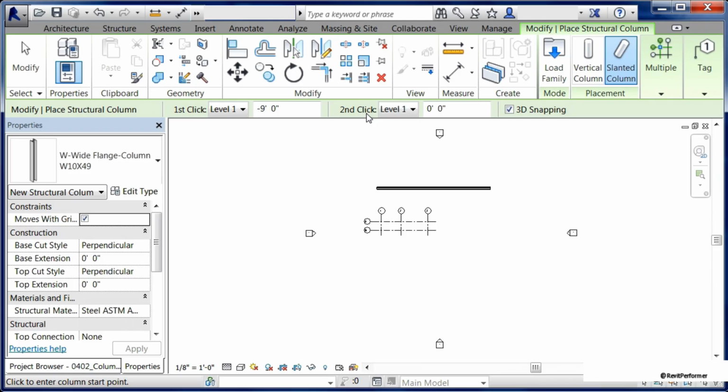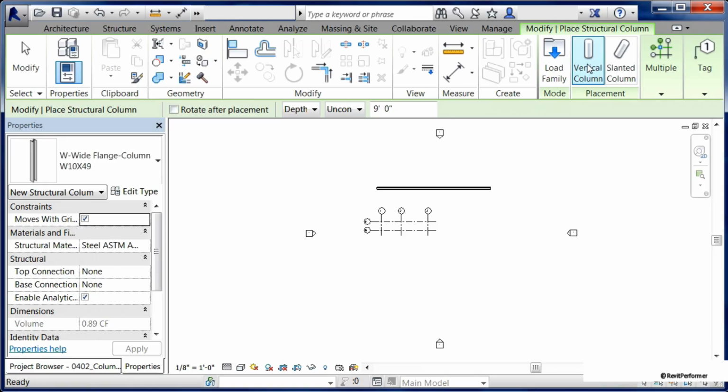By doing it this way, we'll be able to specify the point where that column will begin, as well as the second point in order to be able to create the slant. Architectural columns natively inside of their properties already have that built in. If we select back on vertical, we'll see that the only option that's available to us now is going to be either depth or height. Make sure that height is chosen for this exercise so that the column will go up when it comes time